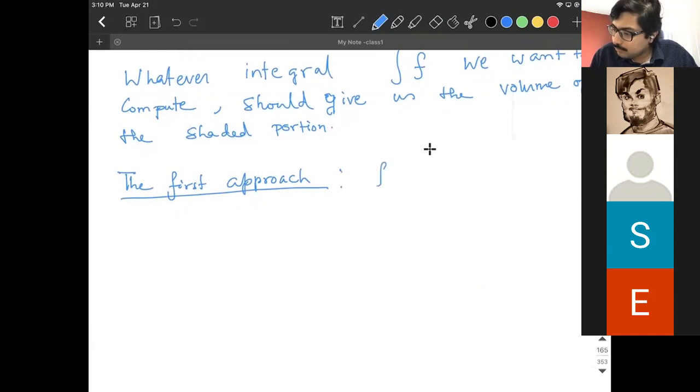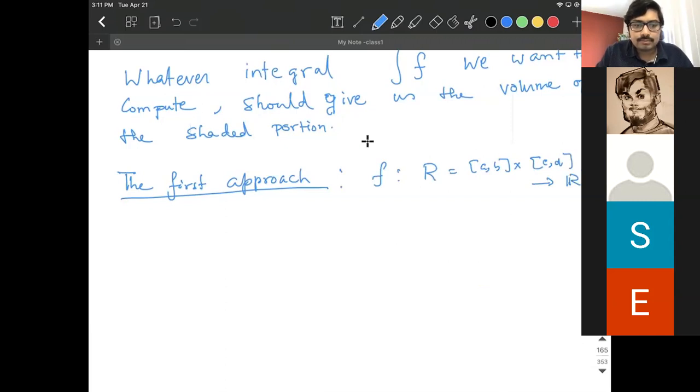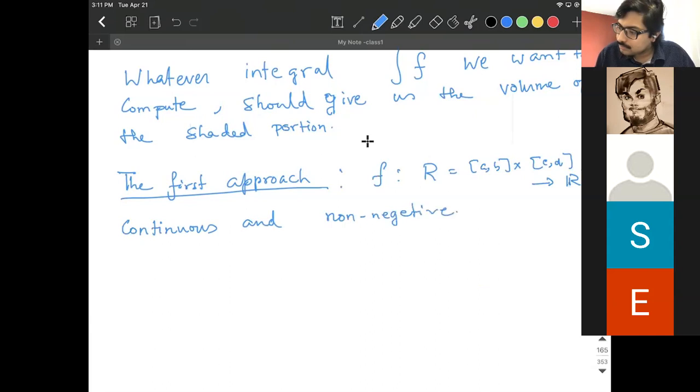So let f be defined from a rectangle, so this is [a, b] cross [c, d], to R, be continuous. So we need this restriction rather, be continuous and non-negative. Okay. Then